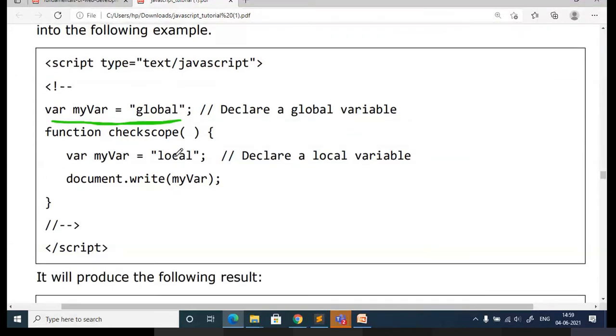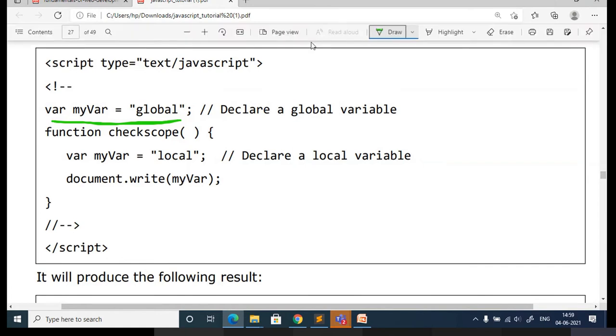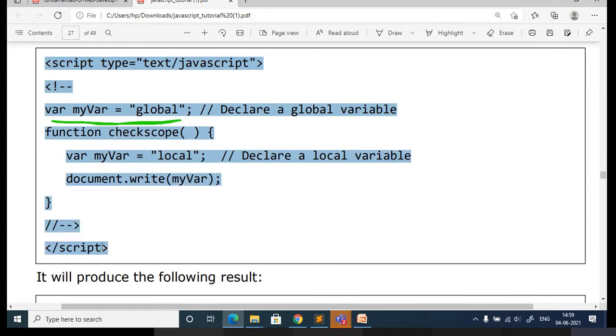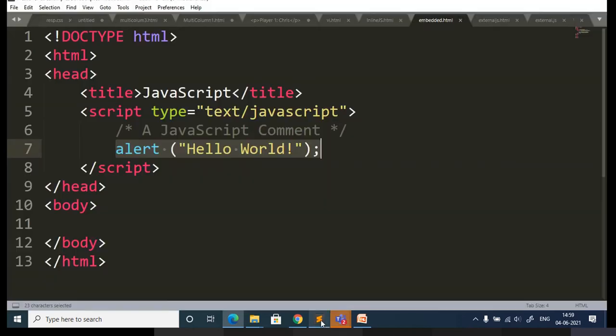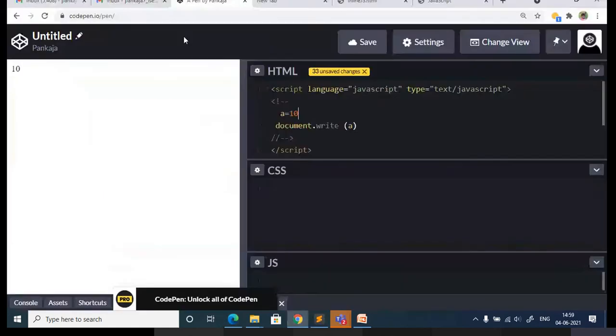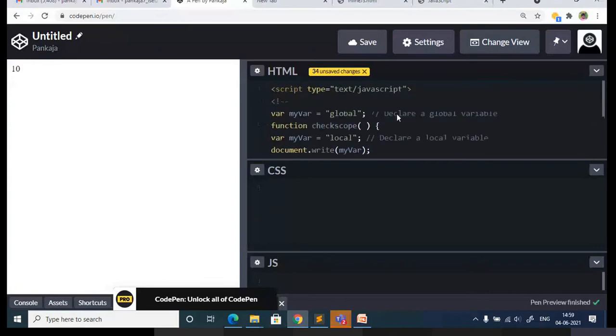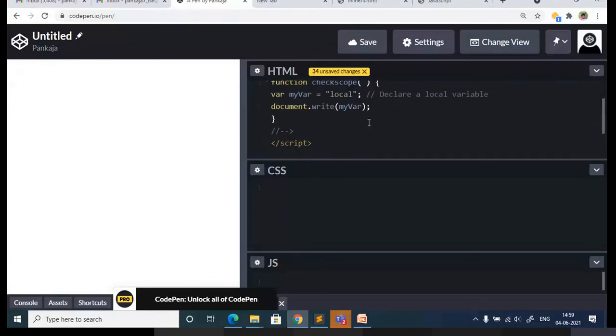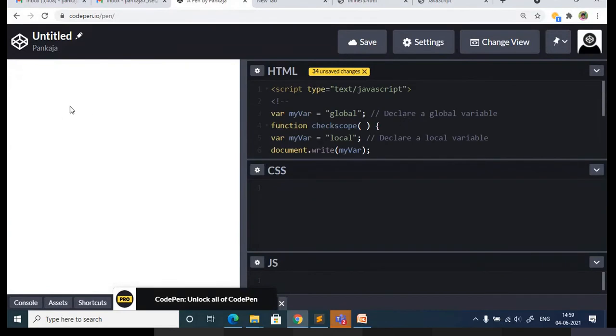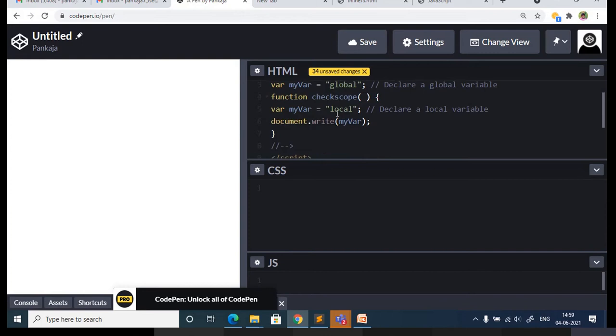Now if you try to display the value of my var, you are going to get this value, not the global one. If you want to run this, it is not coming.